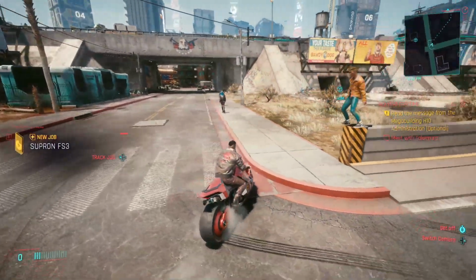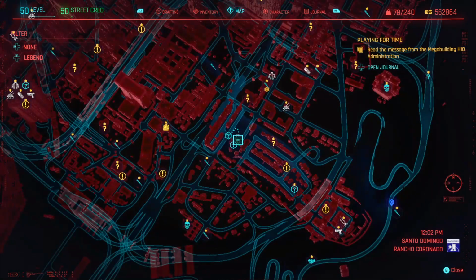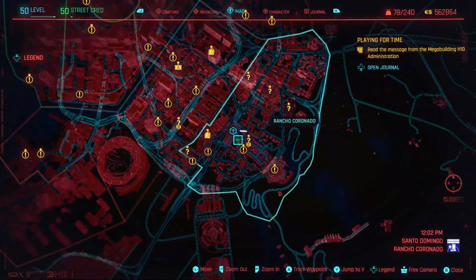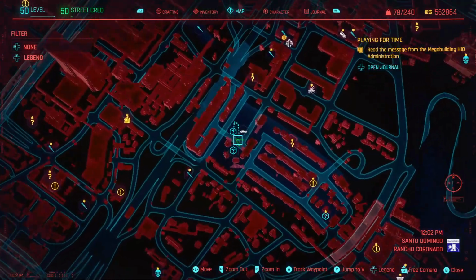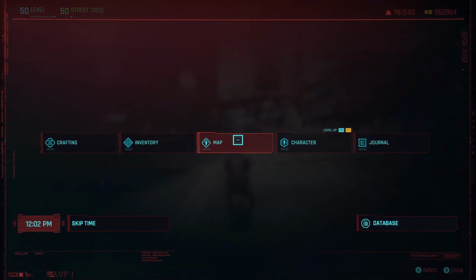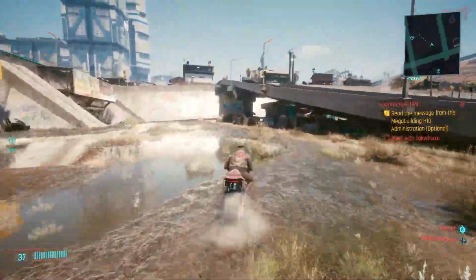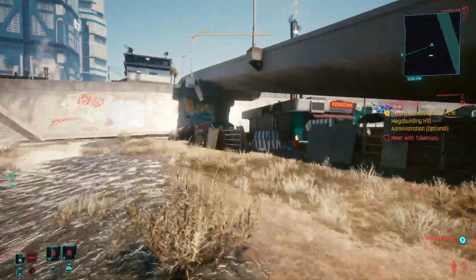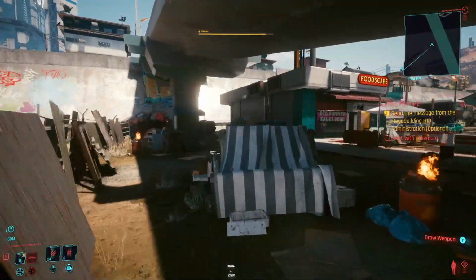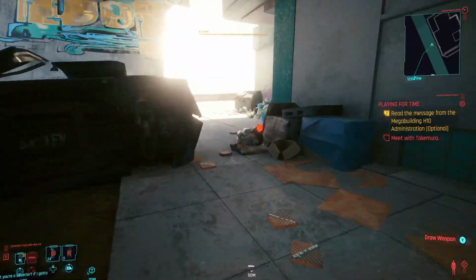Now, if you come to this location just under the overpass here, down near the southeastern edge of Santo Domingo, you're going to zoom in and go right about here. Now, if we follow this under here, we can go under the overpass, and then right back in all of the dumpsters over here, or just garbage,